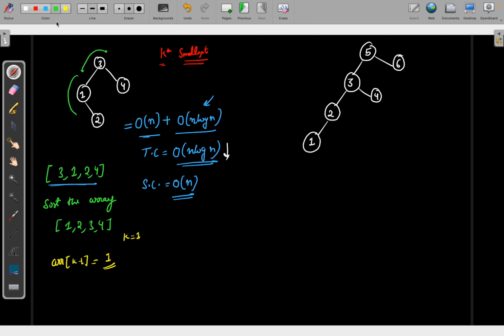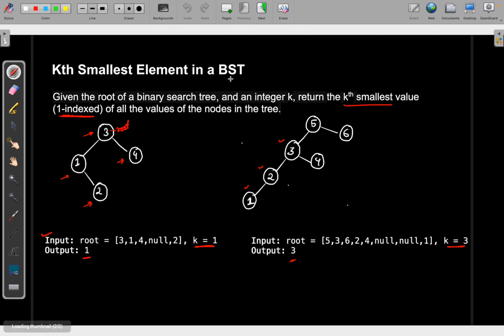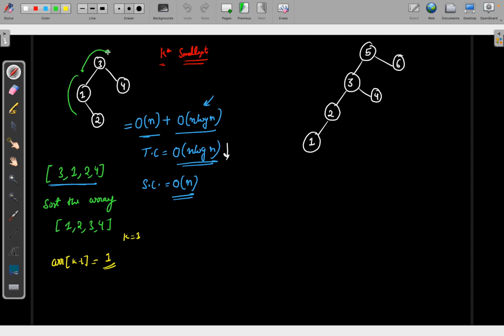And also understand this thing: the tree is a binary search tree, right? This is not a binary tree. And what you are doing is simply taking one node and then traversing to the next node, then to the next node. So then what is the use of a binary search tree? Think, they have given a binary search tree, that means there is some purpose. We can simply